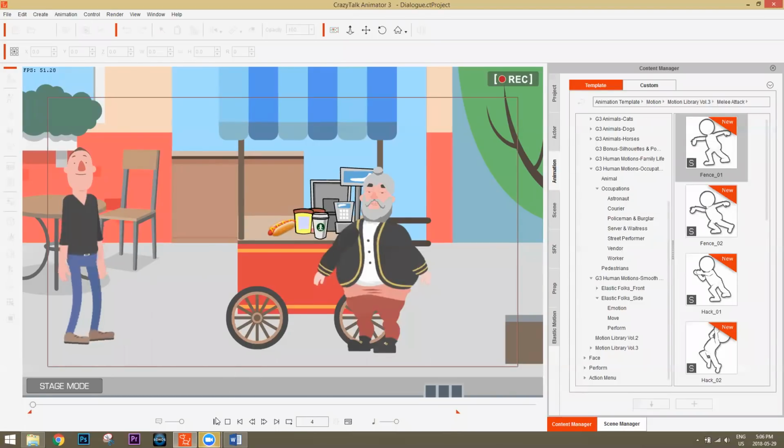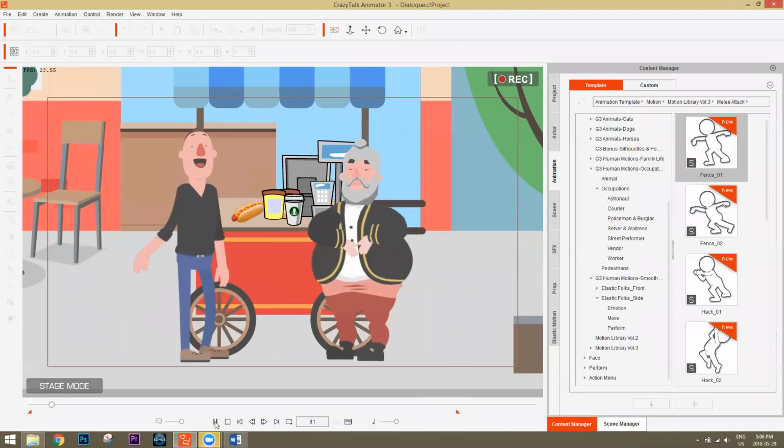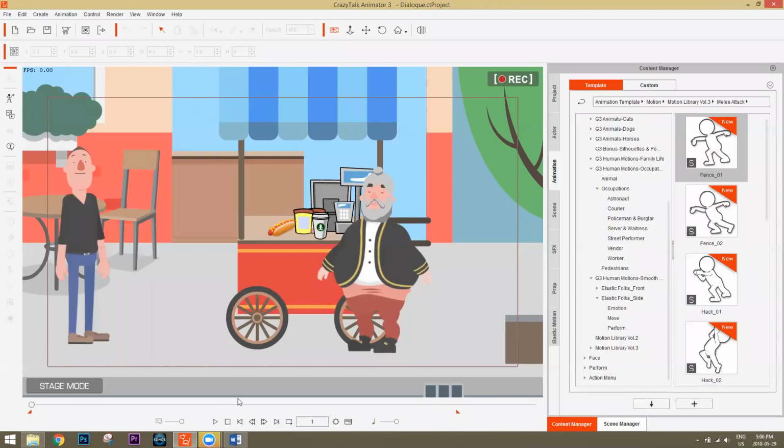Okay, so we have the exact same project loaded up here in CrazyTalk Animator. What I'm going to do is actually start from scratch. We're going to remove all the animation from both of our characters and start from scratch with the lip sync. Generally what I like to do with a project is get the lip sync and the audio taken care of first, because that gives you the timing for the rest of your motions. If you have two characters talking back and forth, the most important thing generally is to have the dialogue in there first, so you can time their gestures and their motions to the dialogue.